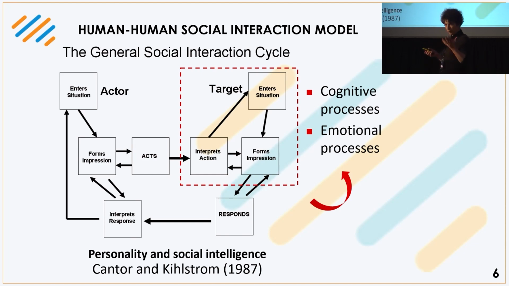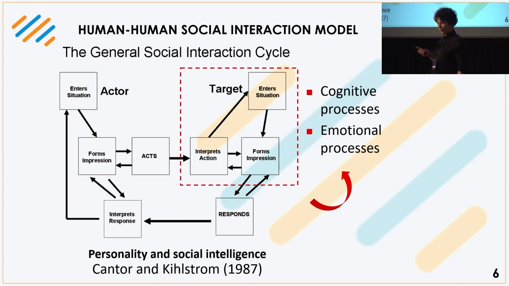First interprets what's happening, then puts what's happening into context in the whole situation, that forms some kind of ideas, and finally responds. And all of these involve two types of processes. One are cognitive processes that are usually conscious and usually explainable, and also emotional processes that are mostly unconscious, not